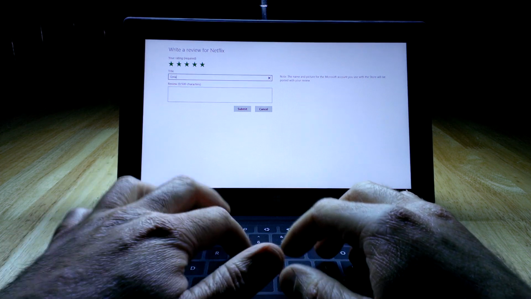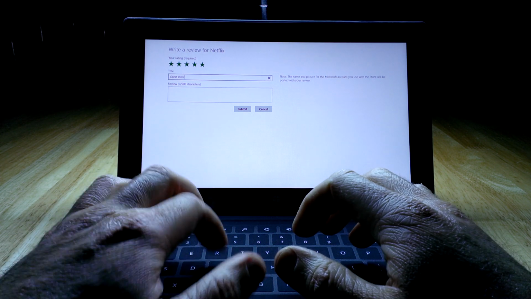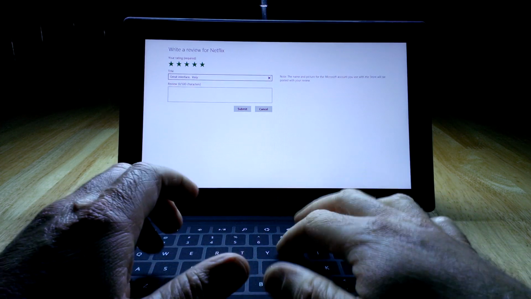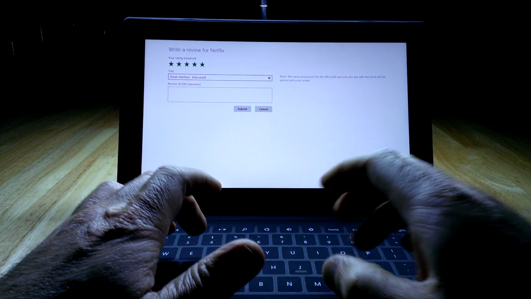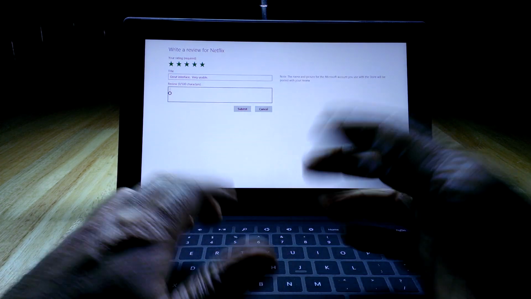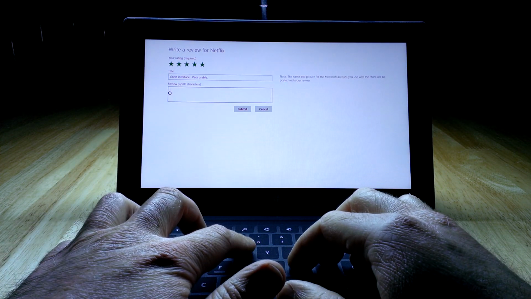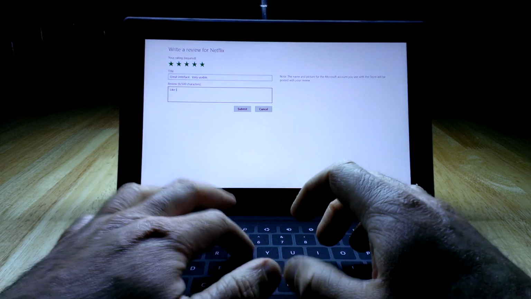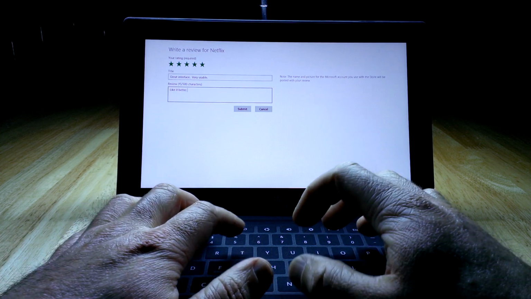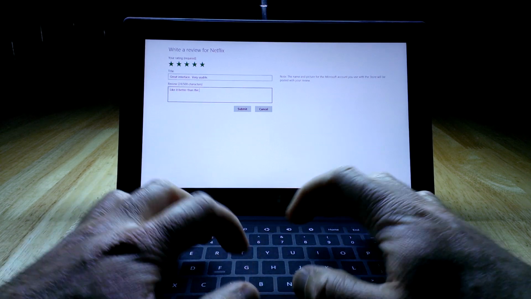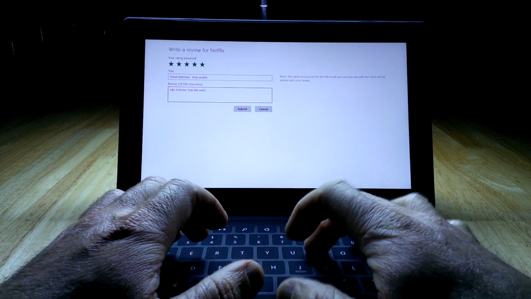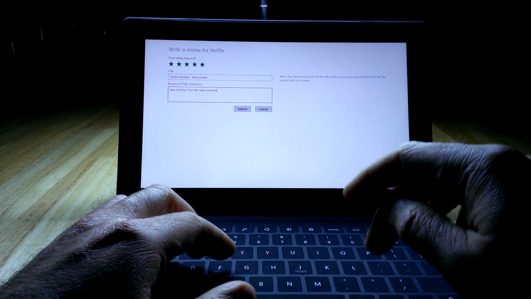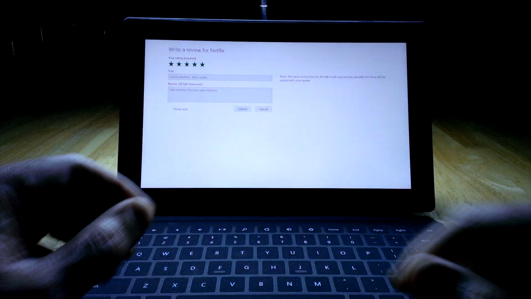Great interface, very usable. And then you can type something longer. And I'm just typing, I like it better than the web interface. And then if you submit it,